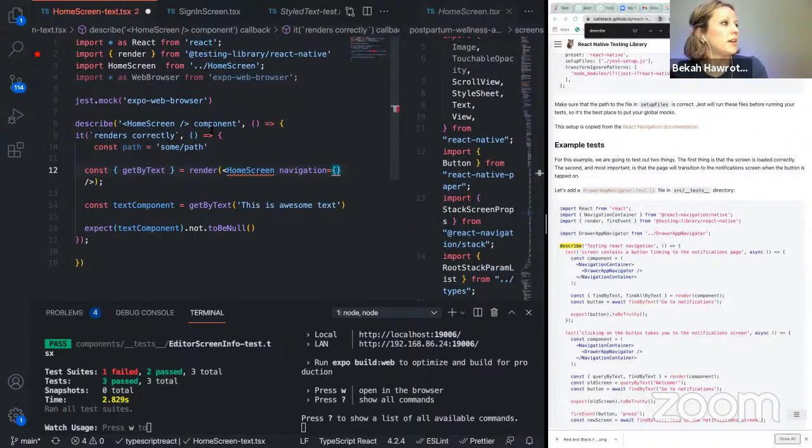So if we describe, we're using the home screen component. Oh, look, like you said, Seth, they have tests there instead of it. Yes. So they're both the same, but I just noticed that a couple of days ago, wondering what the difference was. Okay.